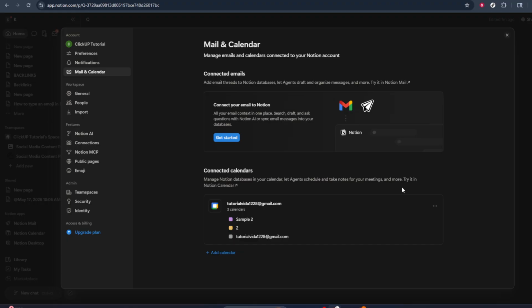Finally, follow the on-screen prompts to complete the setup. These prompts may ask for certain permissions or additional information, like which specific calendar to sync if you have multiple ones. Carefully read through each instruction to ensure everything aligns with what you want. Congratulations! Once you've gone through these prompts,